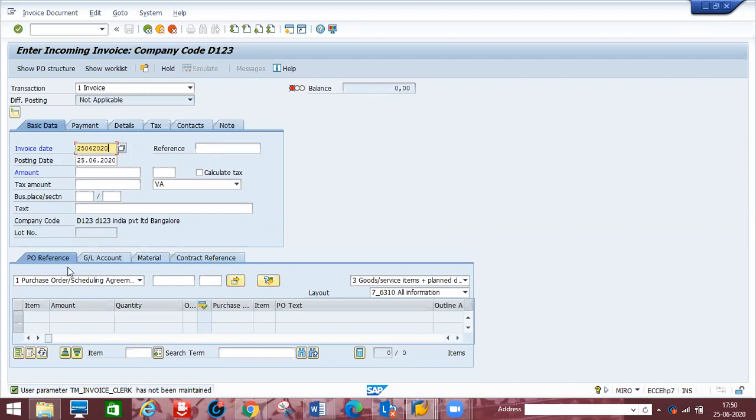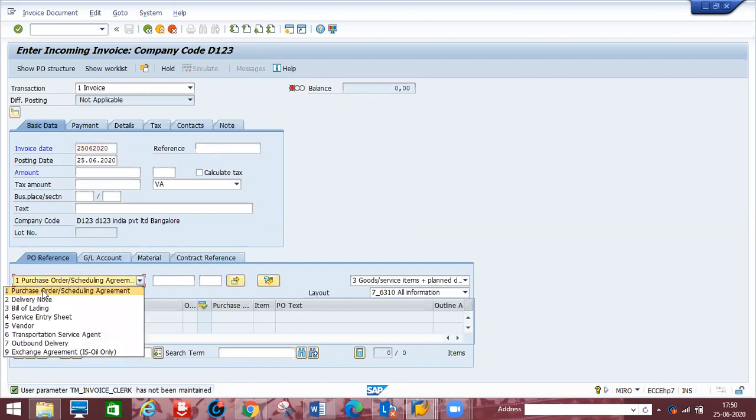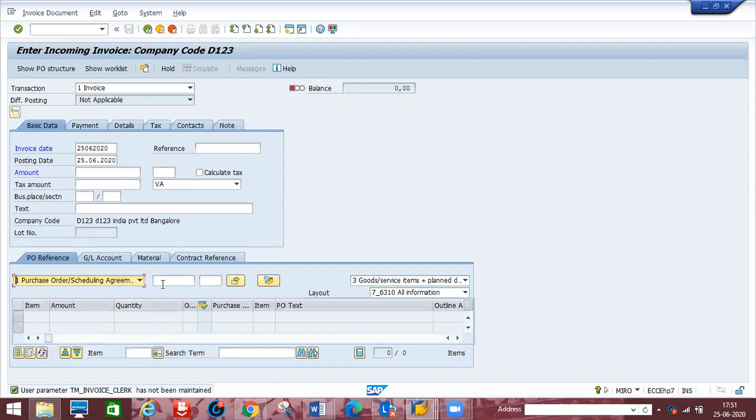Okay, next, this invoice submission is with reference to something. Here we have multiple options: a purchase order based invoice, a scheduling agreement based invoice to the finance teams, a delivery note to bill of lading, service entry sheet to vendor, transportation service agent. There are different references, and we can submit the PO invoice to the finance teams. Now we need to enter the PO number